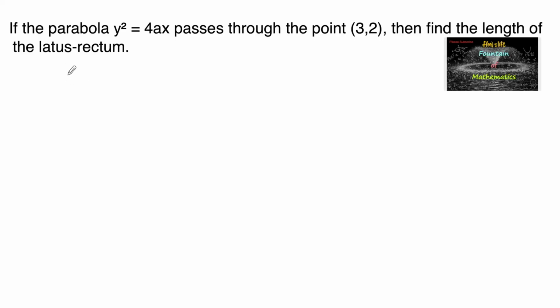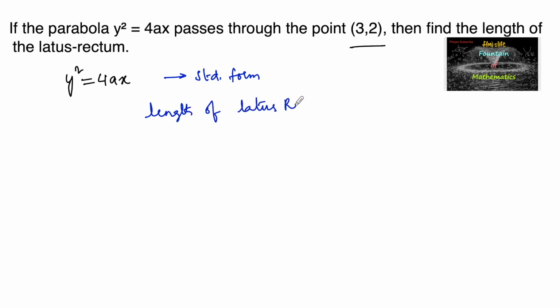If the parabola y square is equal to 4ax passes through the point 3, 2, then find the length of the latus rectum. y square is equal to 4ax is one of the standard forms of parabola. It's a standard form of parabola whose latus rectum length is 4 times a, and this parabola is passing through 3, 2,